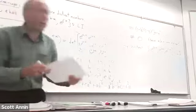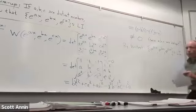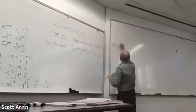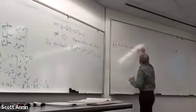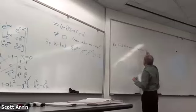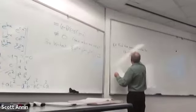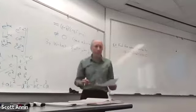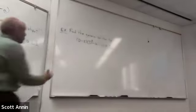So just as a quick little warm-up example, let's go back to actually solving a differential equation again. Let's suppose that I asked you to find the general solution to, oh, let's make this equation here, (D minus 2) times the quantity (D squared minus 16) of y equals 0. Suppose that we tried to make this equation work. So for the solution,